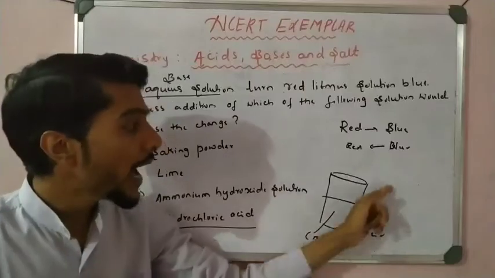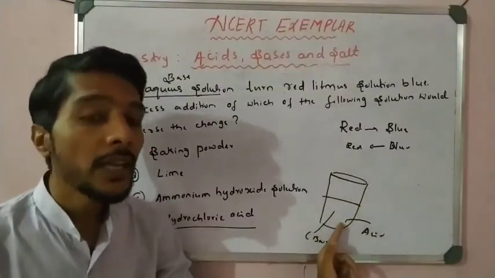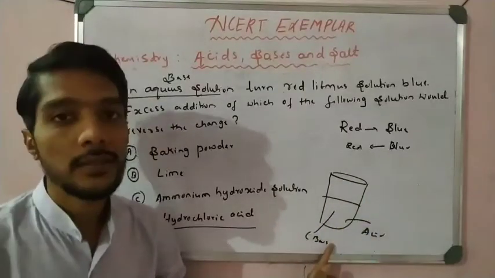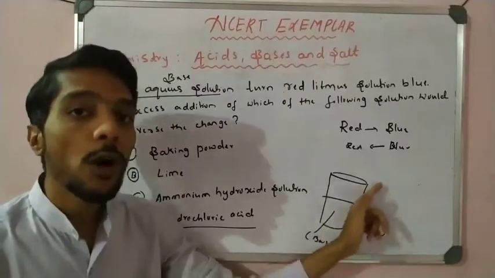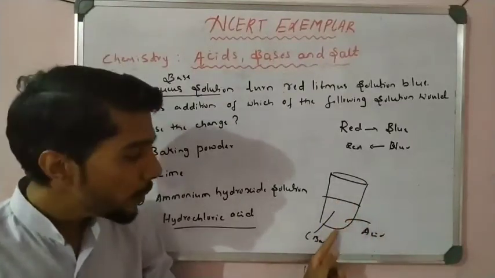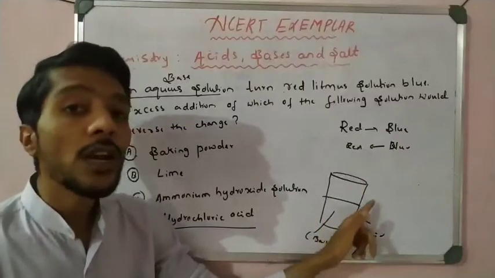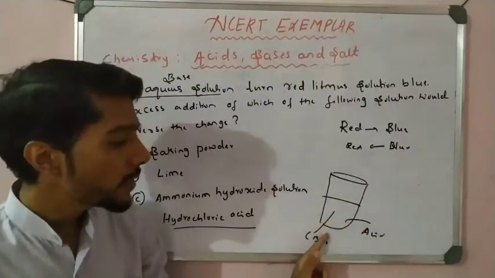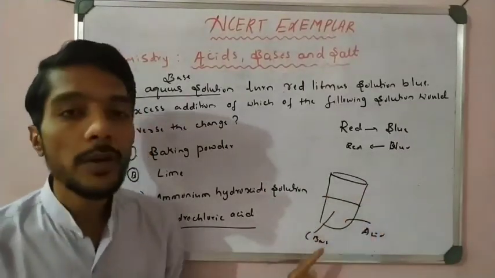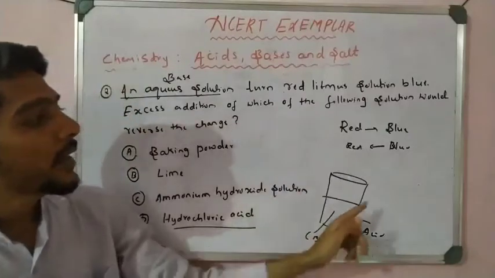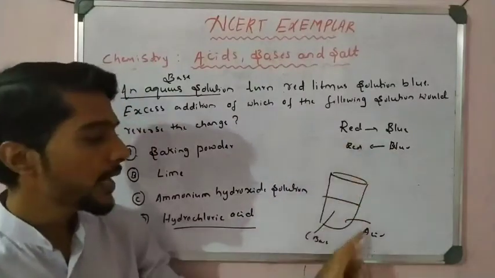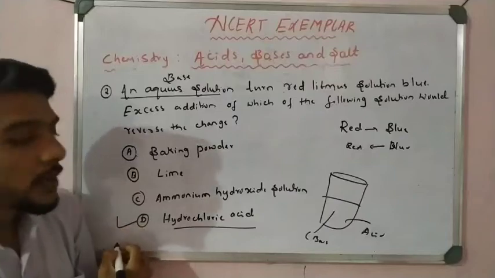So what we do, we make this solution an acid. For that we add acid to it continuously in order to neutralize the base, right? Slowly, drop by drop, we are adding the acid to the base. Then it neutralizes the strength of the base, and the solution totally becomes acid. Then blue turns to red. Okay, that is the solution. So the answer is hydrochloric acid, right?